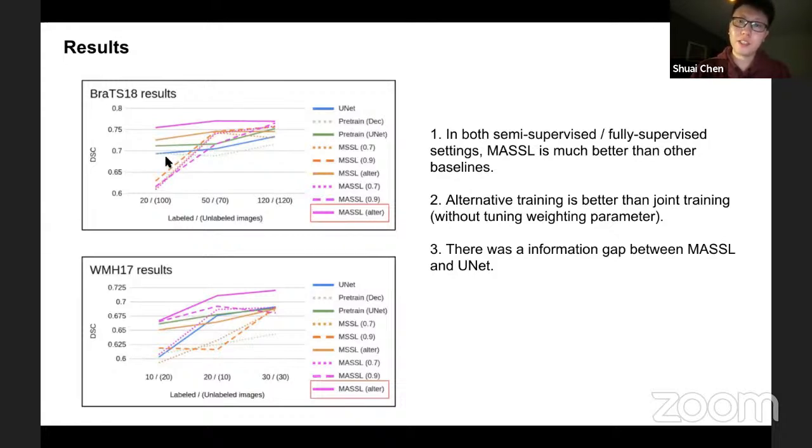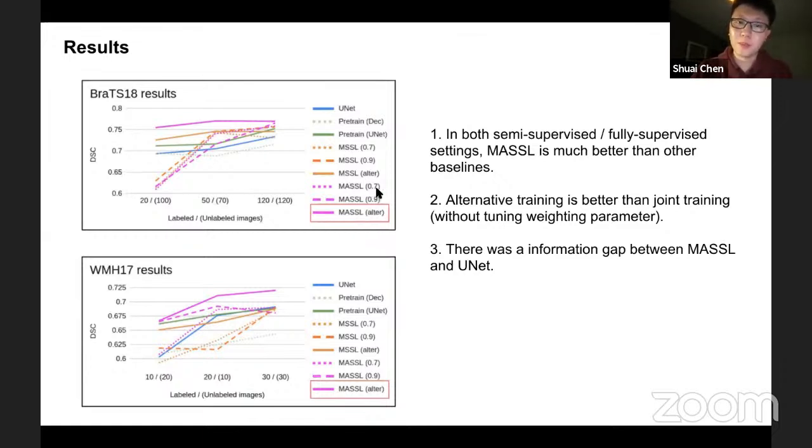That means if we just train the reconstruction using the autoencoder, the encoder may not contain that much useful information for the segmentation task. And the MTL is the traditional multitask learning without the attention. That means the reconstruction will just learn reconstruction features, and it's also not optimal. And the last one is the proposed method, and we also fine tune the hyperparameters to balance the two tasks.